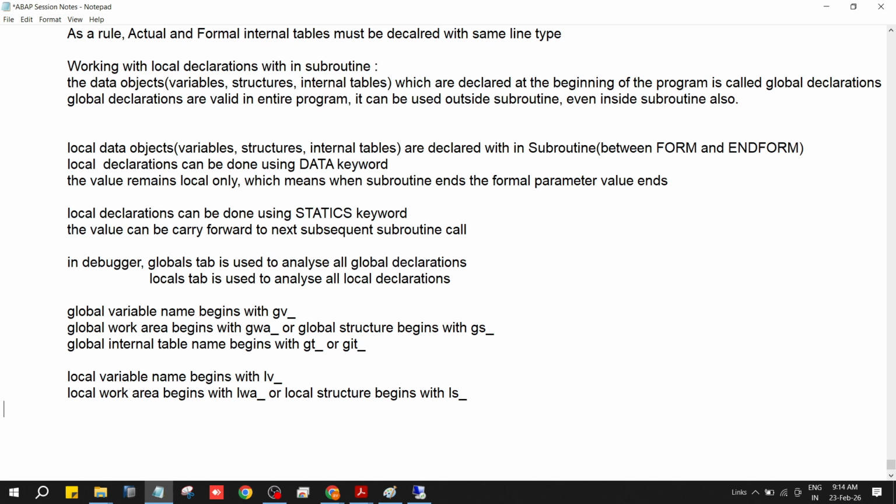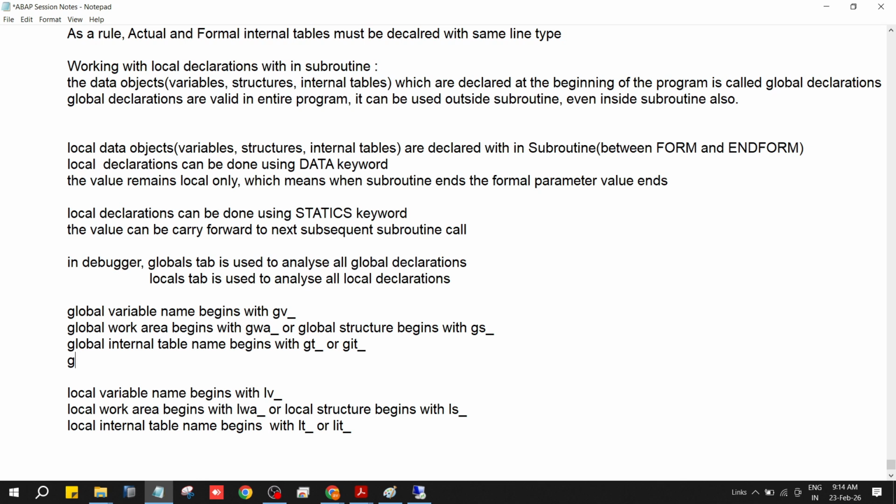Now when it comes to local internal table, the name begins with LT underscore or LIT underscore, etc. Okay. So you can even declare local constants and global constants. Not only that, a global constant name begins with GC underscore, and a local constant